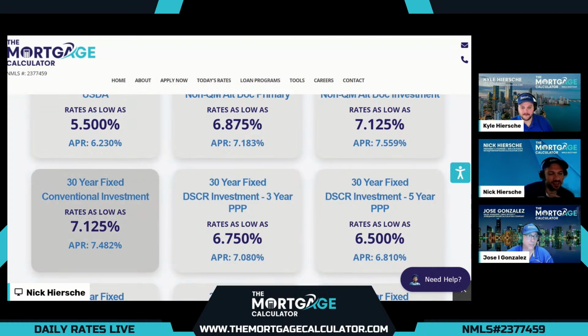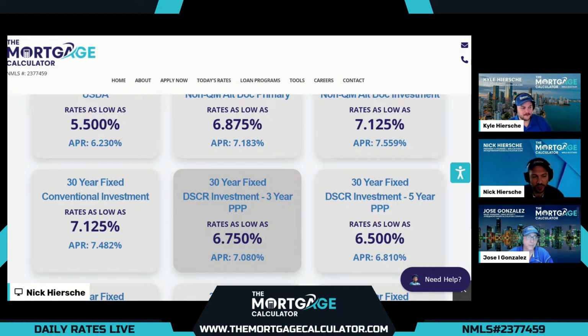But we always recommend our investors out there check out our favorite programs, our DSCR, no income needed, no employment needed. We simply use the estimated rents from the appraisal to determine a DSCR value. If the rents can cover the expenses, aka the property cash flows monthly, that's a ratio of 1 or higher, which is preferred. For these demos, we always put a ratio of 1.5 so we can see all of the programs pop up.